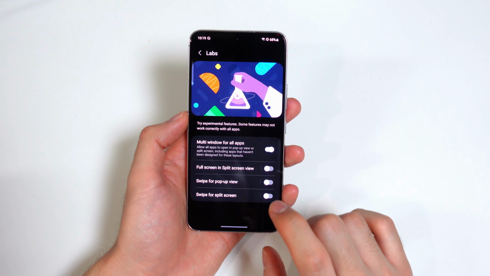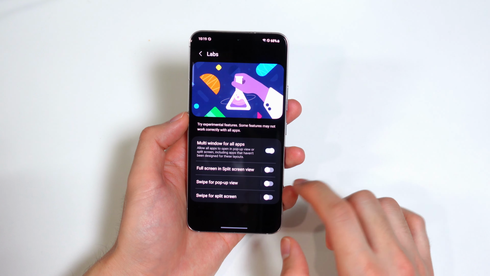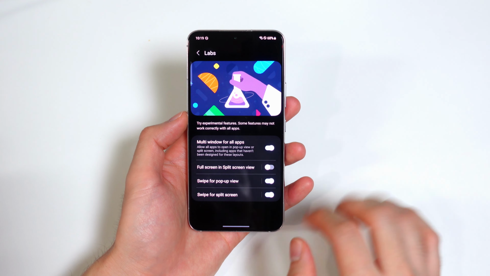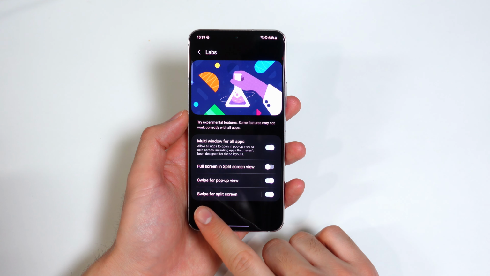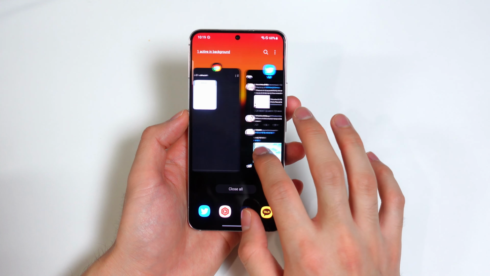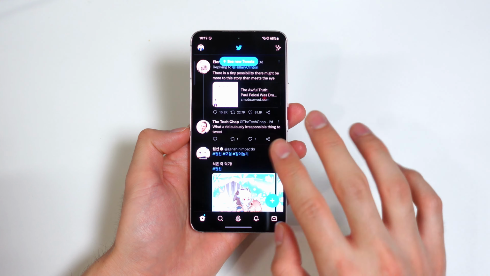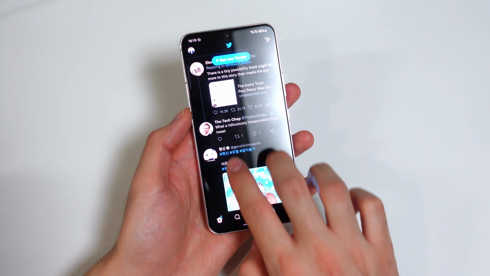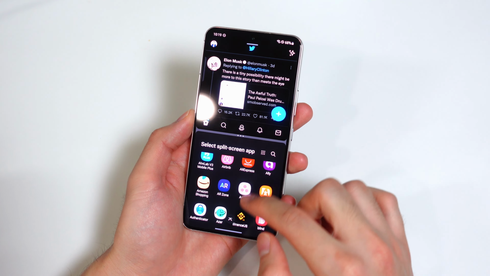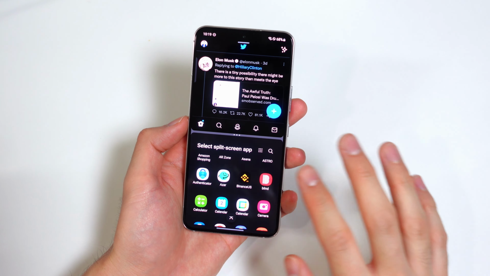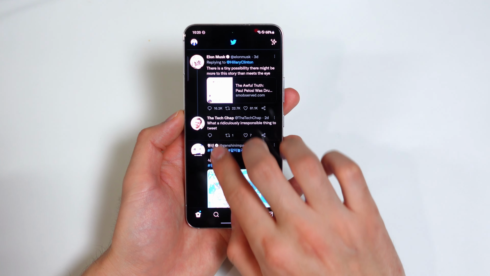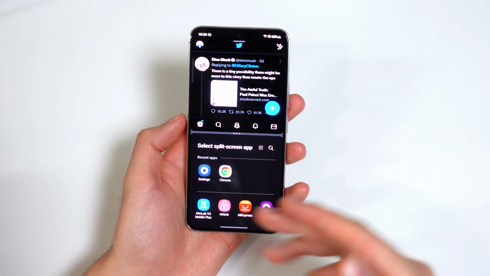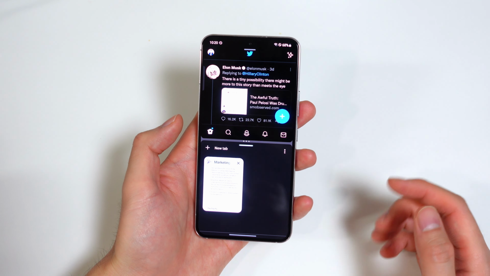So to enable these new features, you gotta go into Labs in the settings, and you turn this one on, and you turn this one on. I guess you'll have a choice. So let's first go over the swipe for split screen mode. So let's say you have Twitter open, and you wanna make this split screen and open another app to multitask. You use 2 fingers. And then it gives you the option to open another app. This makes multitasking so much simpler. Finally, Samsung has added a super accessible feature, which lets you just swipe up with 2 fingers and just open another app like that. I love it.